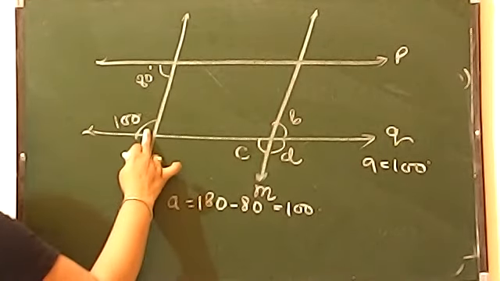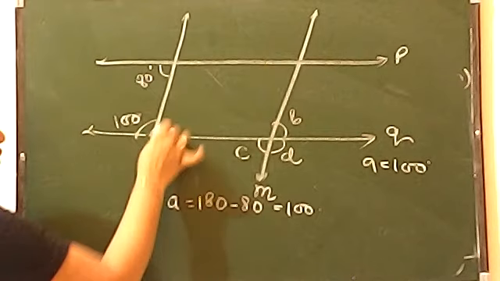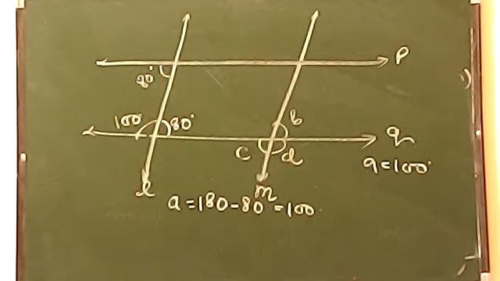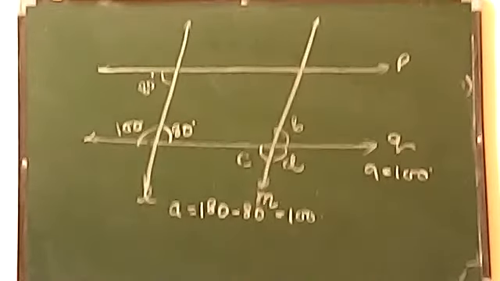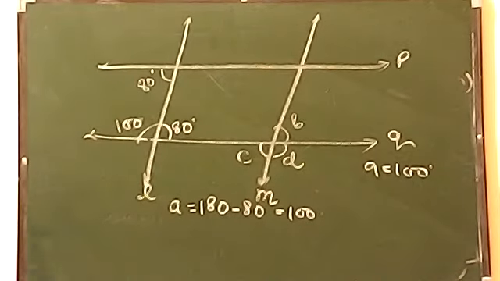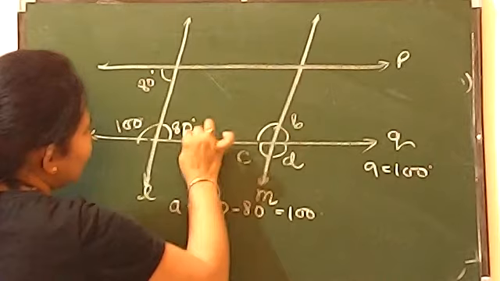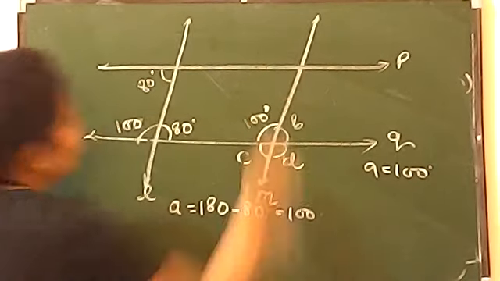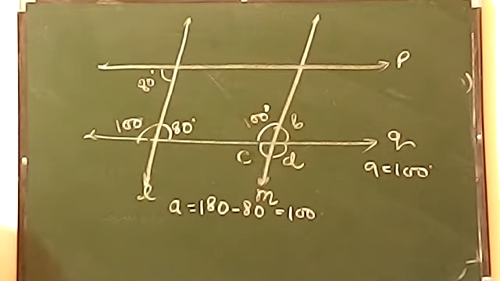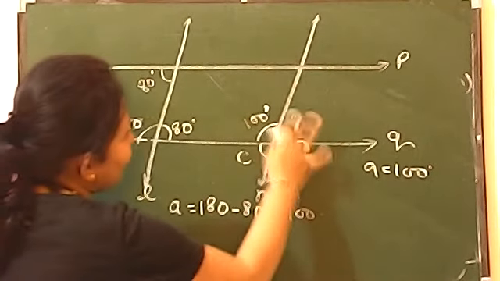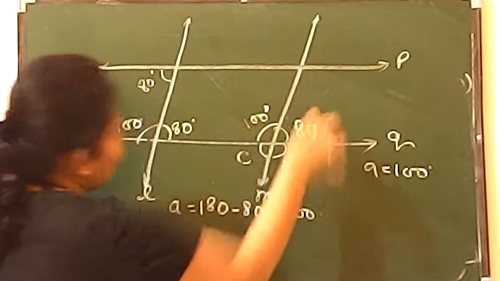And now see this. This is the upper portion of this one. Okay. You can find out this angle which will give you here 80 degrees. According to linear pair, you will get it here 180 degrees. Now, if this is 80 degree, you are knowing according to the co-interior angle, this is 80, so this will give you here 100. Just using the property of co-interior angle. Now, if this is 100, B will be 80 degree by using the linear pair.